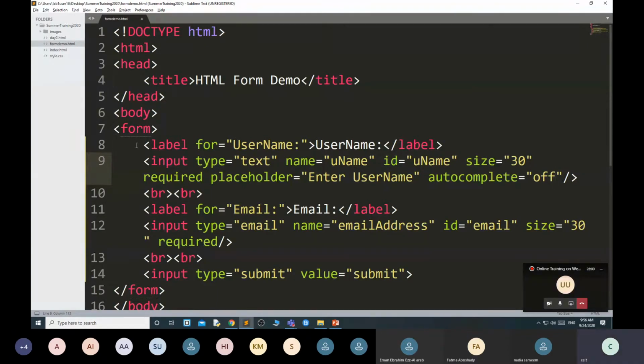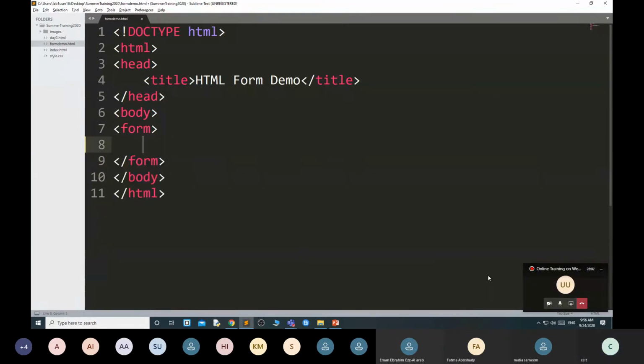Now I just remove this part, and here I give a proper title: student registration form using table.